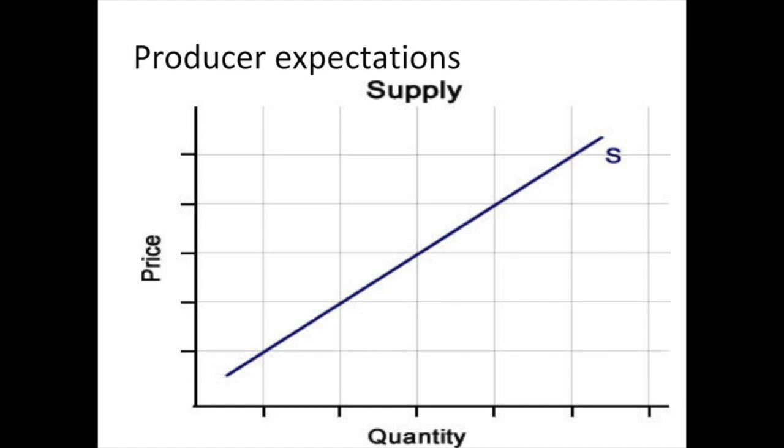Now, if the situation was opposite, and I saw that the price of oil was going to decrease from $65 to $50 next year, I would want to increase the amount of oil I was selling daily. I would increase my supply from 100 barrels to 200 barrels. Knowing that there would be a decrease in price in the future, I want to maximize the amount of money that I could make right now. As a result, the supply curve would shift to the right with the increase in supply.